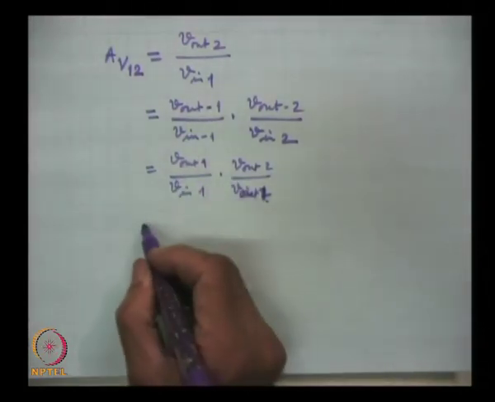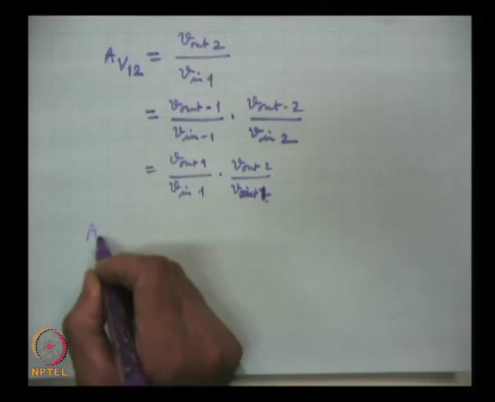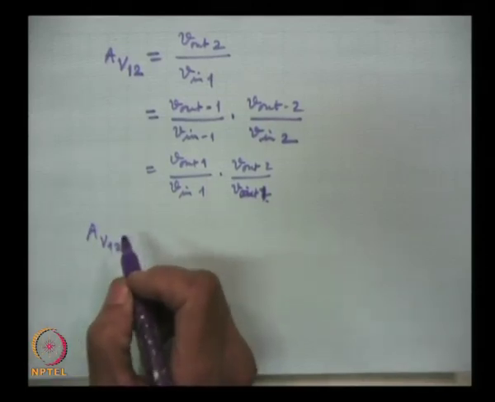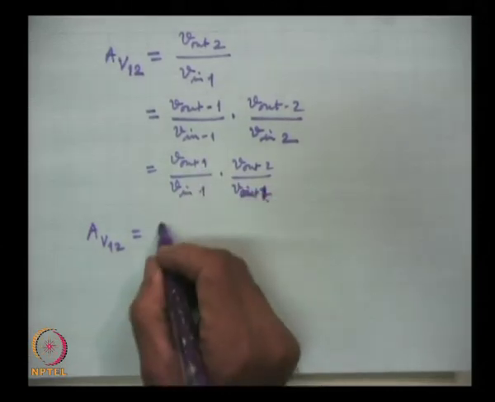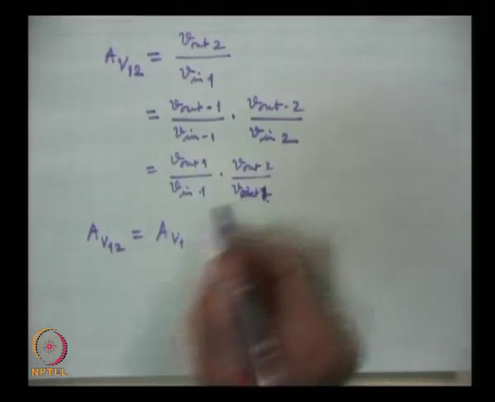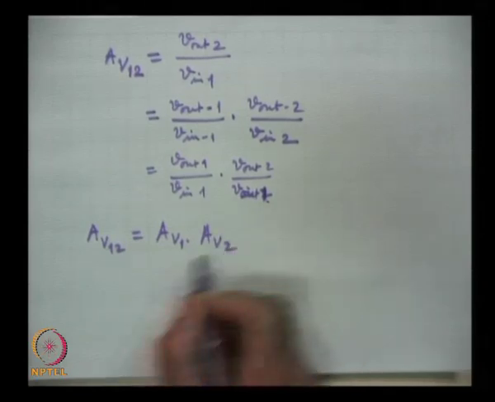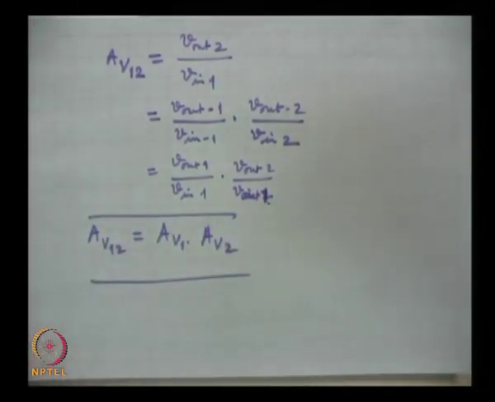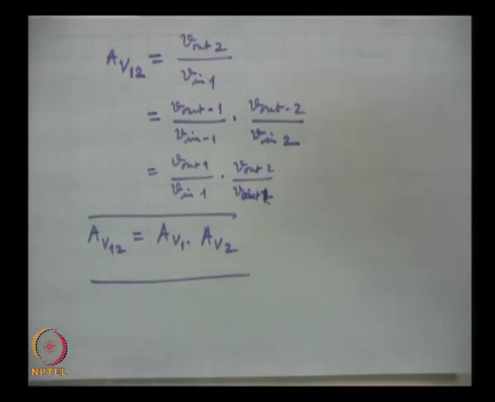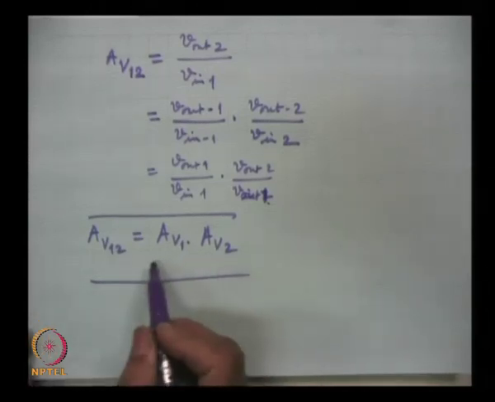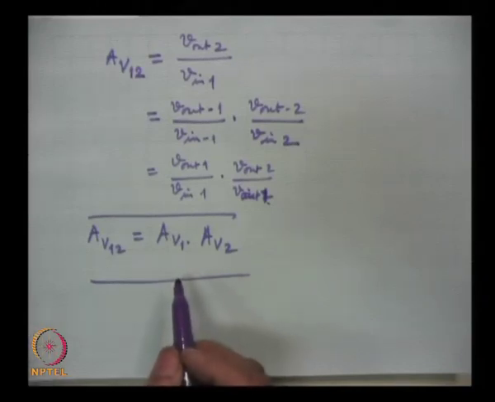and this is therefore, for the compound amplifier, the gain: this is A V 1 and this is A V 2, a very important relation. What if the two amplifiers are individually coupled, cascaded, having individual gain values A V 1 and A V 2? Then what is the value of the net gain? That is the product of the two gains. Remember, the product of the two gains.